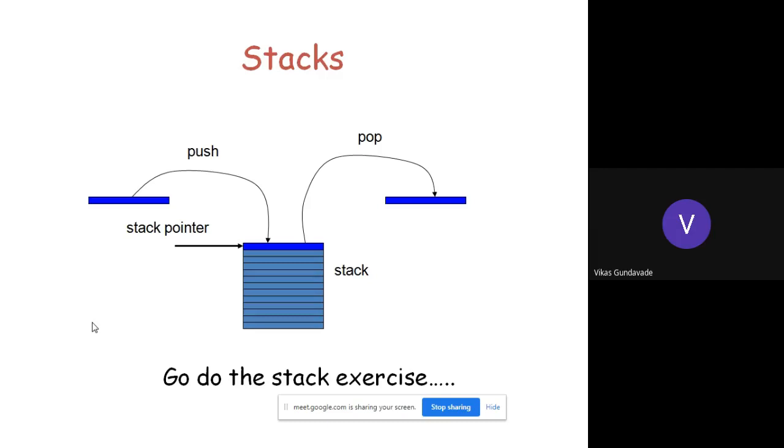When the first 8-bit data is stored, it gets stored at the initial or lower location of the stack. Then the next data gets stored here, then the next, and so on. While retrieving the data, first the data is taken back from the top side. The data which was stored last will be retrieved first, and the data which was stored first will be retrieved last.